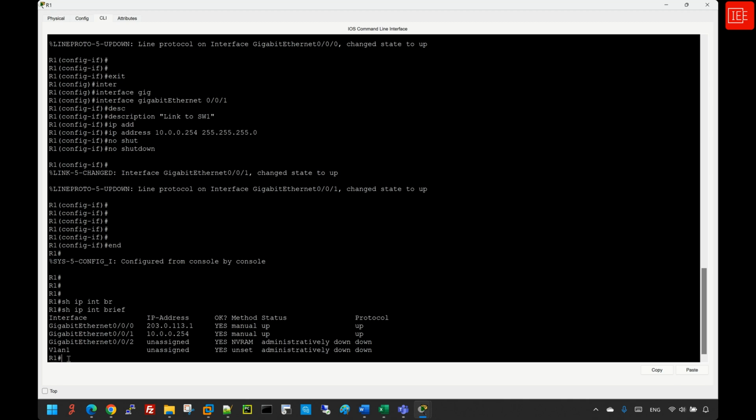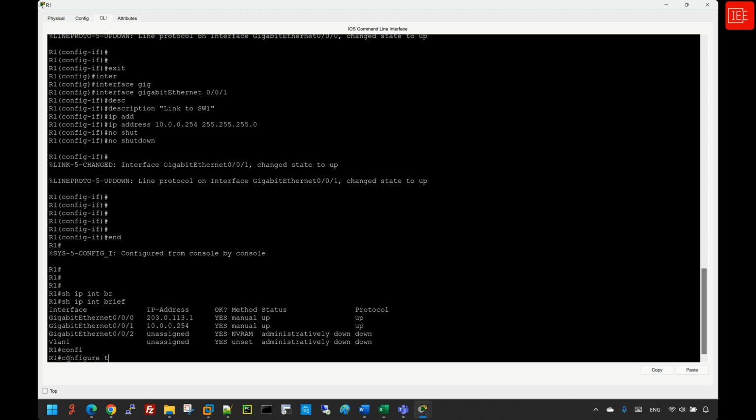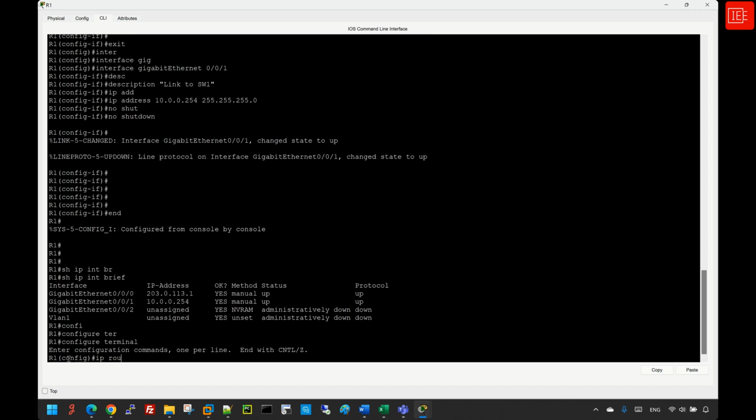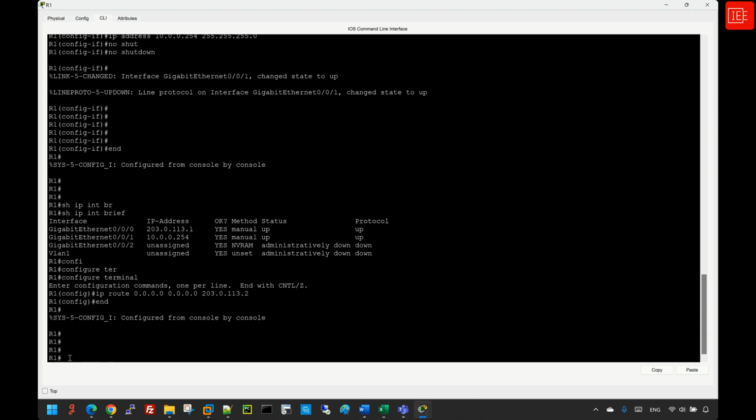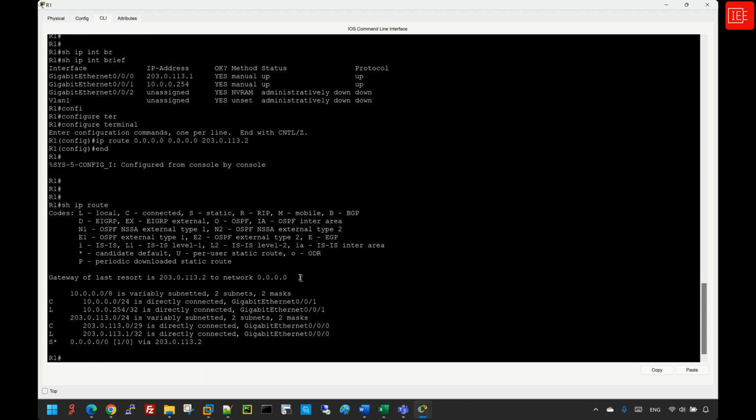So what I'm going to do next, I'm going to jump into step number 2, where we need to configure a default static route. So I'm going to go back to global config, and I'm going to say ip route 0.0.0.0, and the subnet mask is going to be 0.0.0.0, and then the next hop address will be 203.0.113.2, and then I'm going to hit end, and then I'm going to issue the show ip route for verification. So I'm going to say show ip route, and you can see that we have configured a default static route pointing to